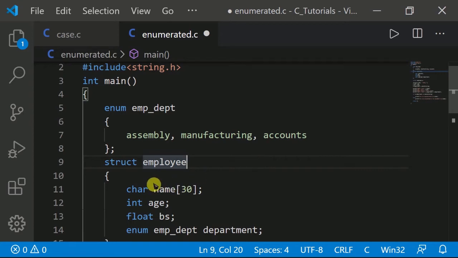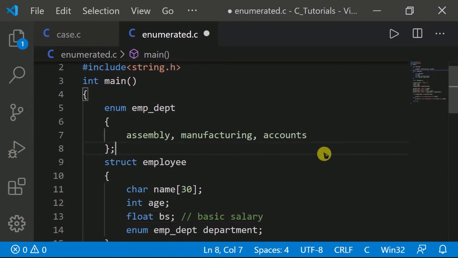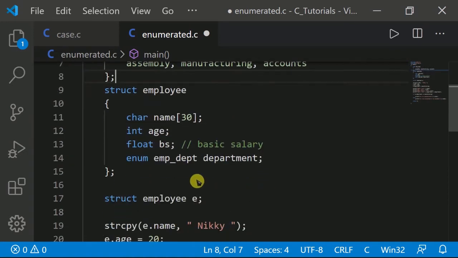Here I have four variables. First is name, which can contain 30 characters. Then int age, the employee's age, and BS, which means the basic salary. Then enum employee department, the fourth variable.